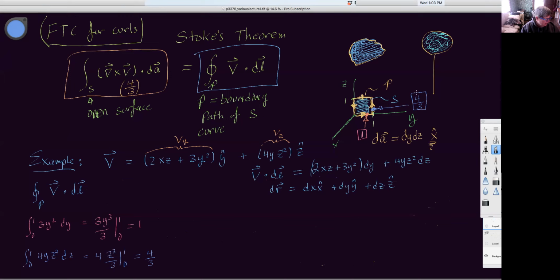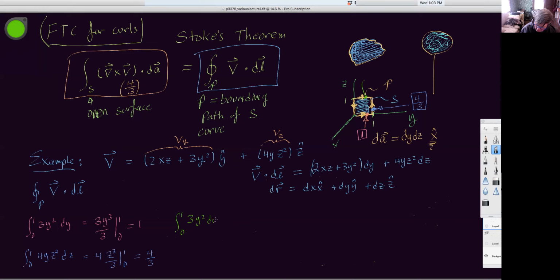And then we have yet another one here. Let's get a different color. We'll get a nice greeny green, and that'll be this guy here, okay? And so this is where y goes from 1 to 0, right? Z stays 1 and x is 0, okay? So y changes, z does not. Z is always 1 and x is 0. So we only have this term here. So we have the integral of 3y